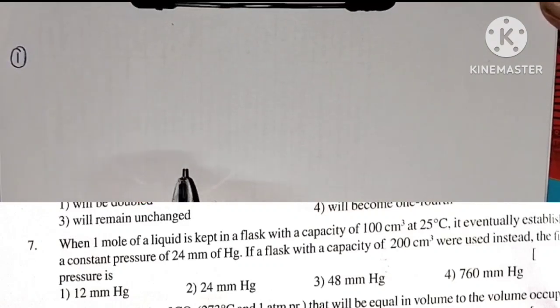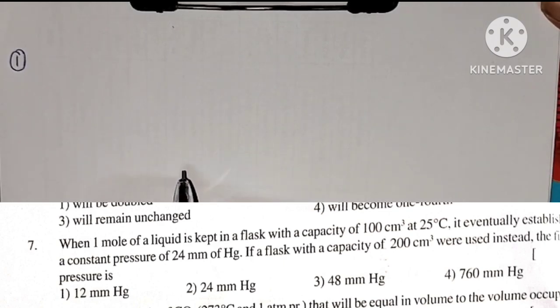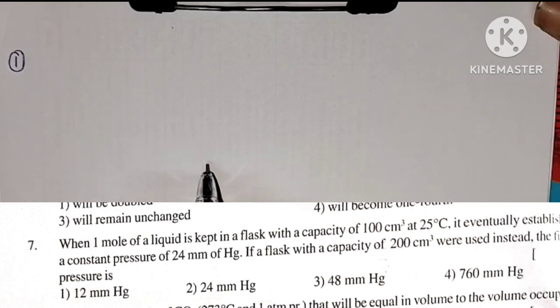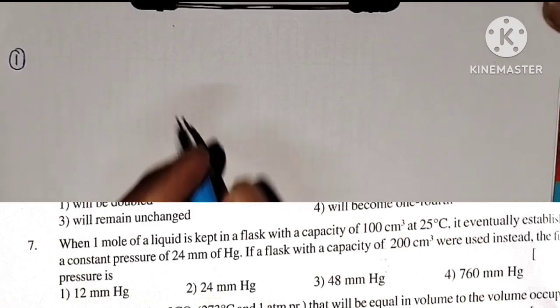When 1 mole of a liquid is kept in a flask with a capacity of 100 centimeter cube at 25 degrees centigrade, it eventually establishes a constant pressure of 24 mm of Hg. Hg means mercury. If a flask with a capacity of 200 centimeter cube were used instead, the pressure is. So in this question,